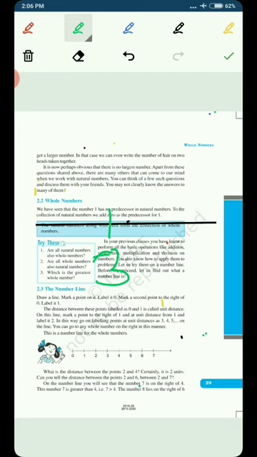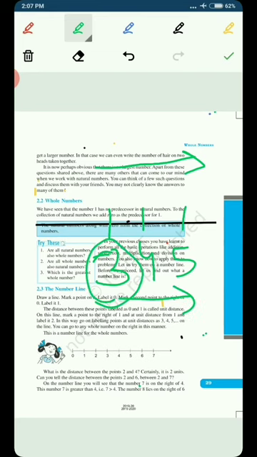The specific rule says that whenever you move to the right side, you write the numbers in increasing order. It means on the right hand side of the given number, there are always those numbers which are greater than this number, and on the left hand side there will be those numbers which are less than the given number. This is a very important rule of number line which we will keep in mind, because it will help us in solving the exercise questions.